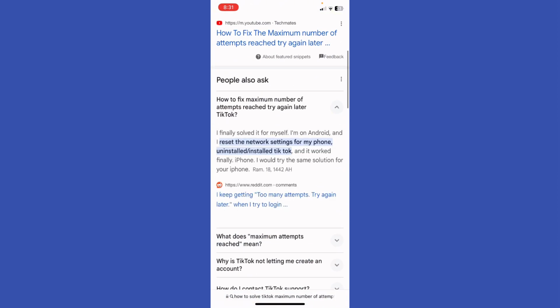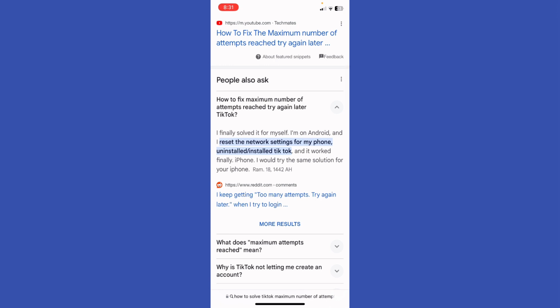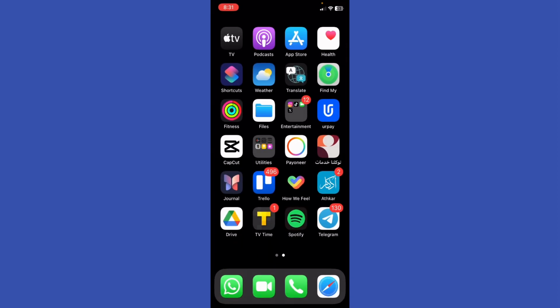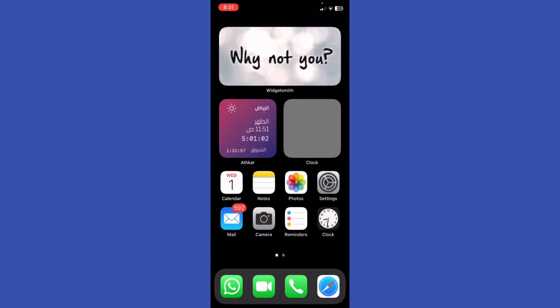One of the ways to actually fix it is in here it says I'm on Android and I reset my network settings on my phone, and then you installed the TikTok, and it worked for iPhone, right? The same solution. So first of all, what you need to do before you do anything,